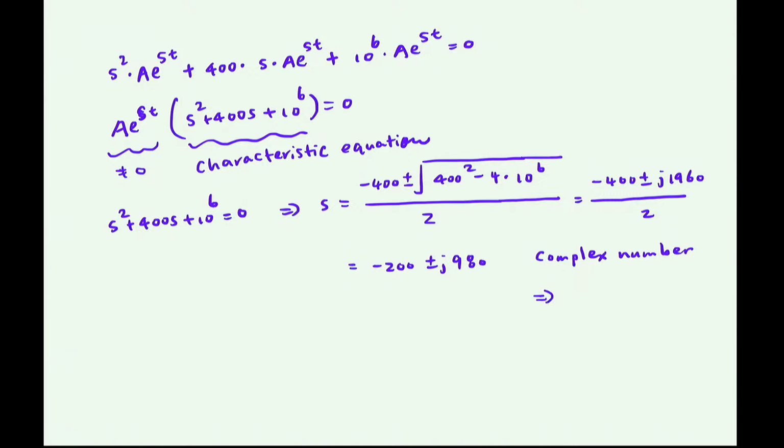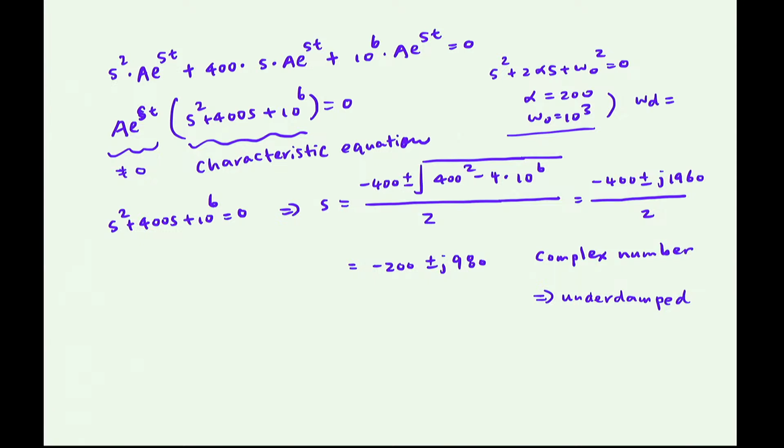Okay, so we know this is the underdamped case. 好，那如果你记得的话，我们会把这个 characteristic equation 跟我们的标准式子比，你可以算出 alpha 跟 omega 0。好，那比较它们的大小，也可以知道我们是什么样的 case。然后如果知道它是 underdamped，我们也可以算 omega d 980。